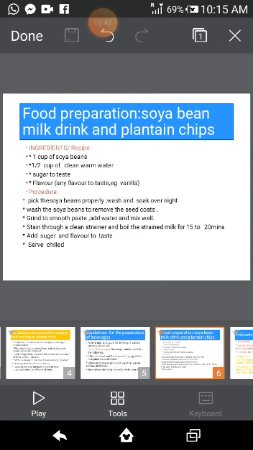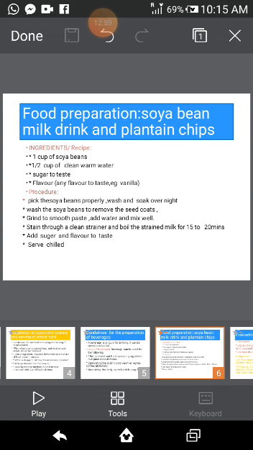Now I will give you a procedure on how to prepare. In food preparation, we are going to prepare our soya beans milk. And we are going to serve this soya beans milk with our plantain chips